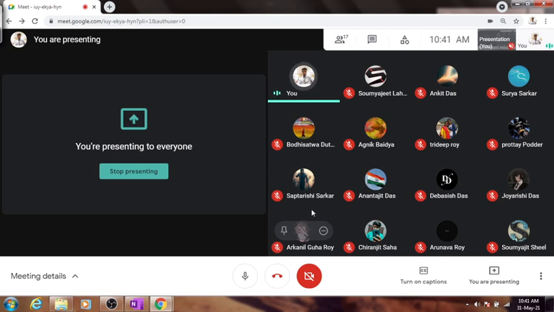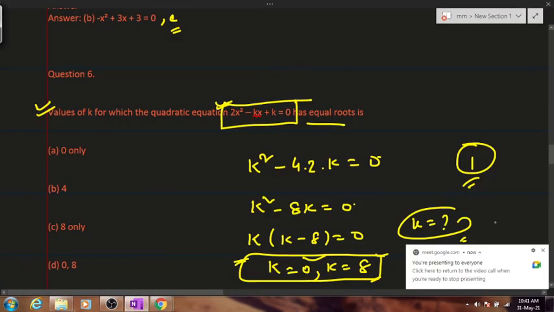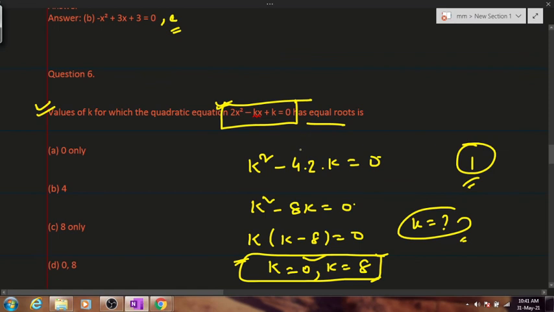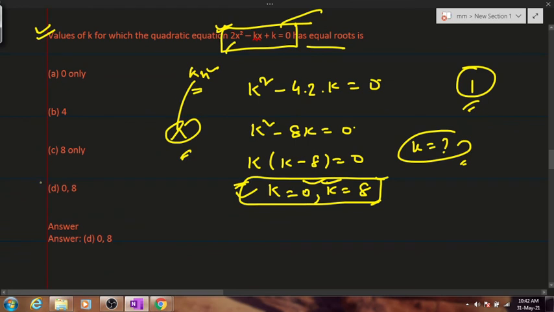See, I'll make you get into the roots of the chapter. But I want you all to interact also. If you don't interact, there's no problem with me going into the roots or not. Yes, anyone? We'll consider both values. Irrespective of what the option says, we'll consider both values, because if here we would have k as x square, that time we would not have taken the value for k. That time this would not be a quadratic equation itself. So we'll take both 0 as well as k. Clear? Option number D is correct.